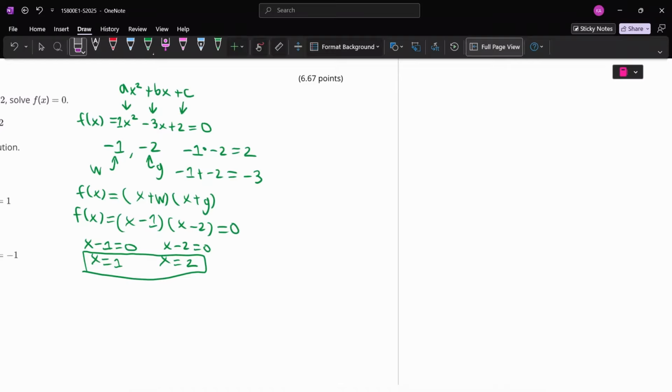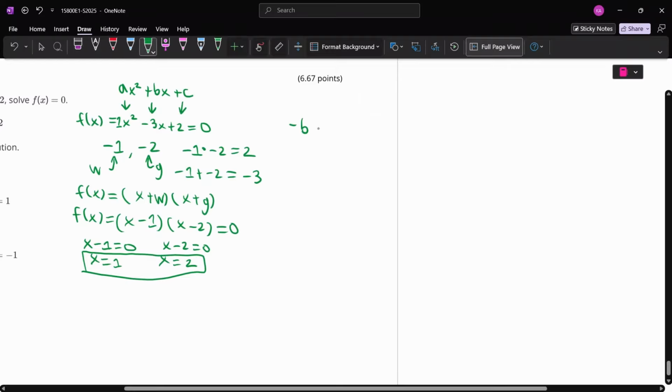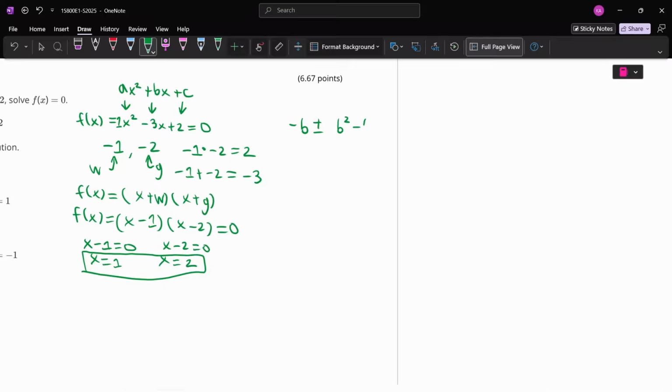So recall that the quadratic formula is just going to be negative b plus or minus the square root of the discriminant, which is b squared minus 4ac, over 2a. And from there, it's just a matter of plugging and chugging your values into this expression. And so we know that a is going to be equal to 1, b is going to be equal to negative 3, and c is going to be equal to 2. So when you plug it into this expression, you should end up with